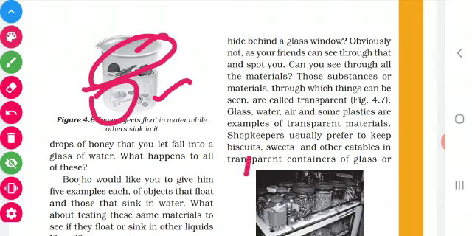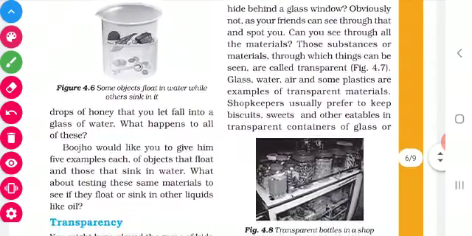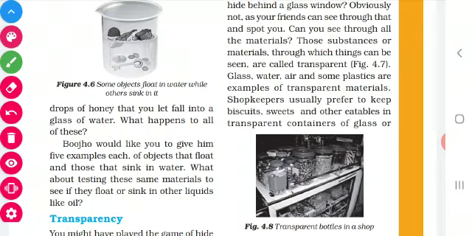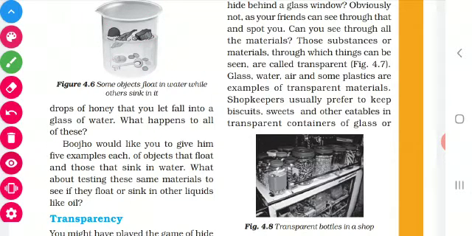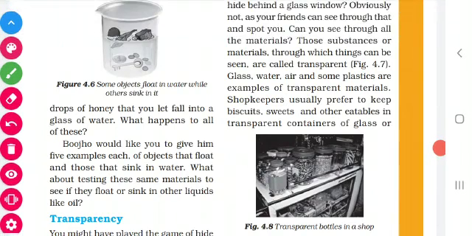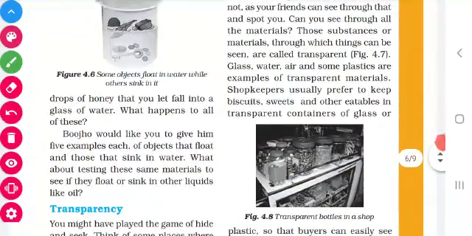and all. So what we have to do, for checking the buoyancy, that is to sort out the materials which sink in water and float in water, we have to take a glass beaker like this, and the beaker has to be filled with water, and we have to drop the objects one by one. Listen children. So here we see the substances floating in water. Leaf floats in water. Then wood floats in water, and the rubber ball also floats in water. So they float in water.